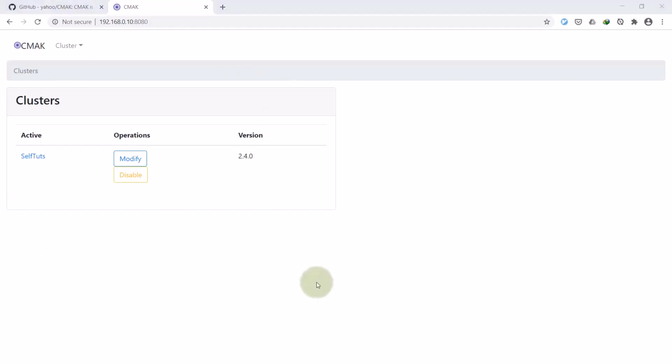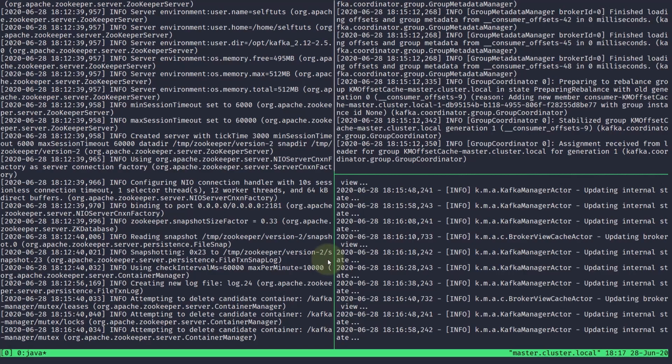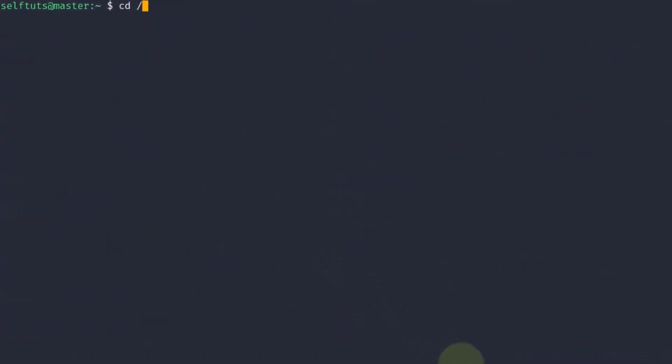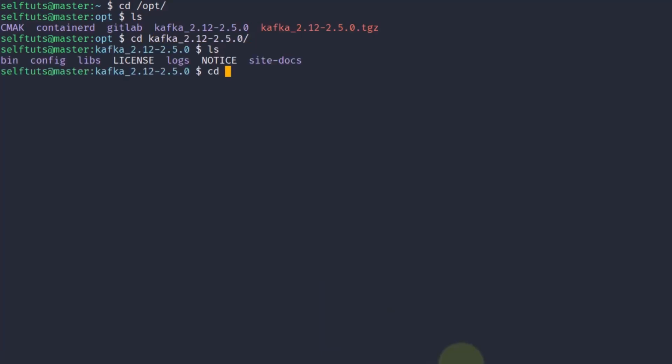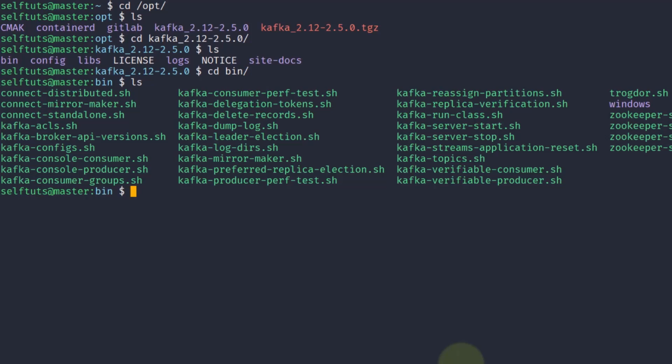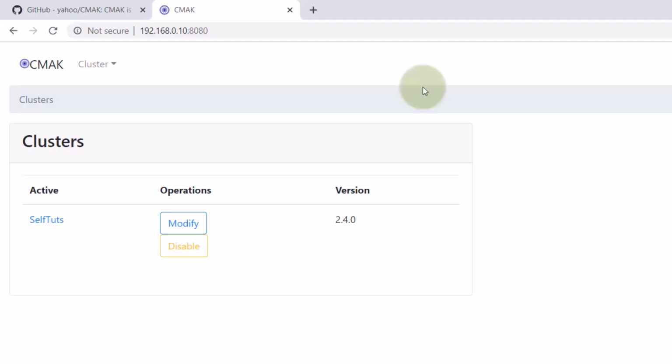If we had not been using this, we would have had to go to /opt, then inside the Kafka folder, then inside the bin folder, and then use kafka-topics.sh to list all the topics, create a new topic, and other things. So it is quite tedious. It is beneficial if you learn these .sh script files and their different options and parameters, but I'm not a big fan of it because I use this Kafka manager, which comes in very handy and makes it very easy to visualize your Kafka cluster.